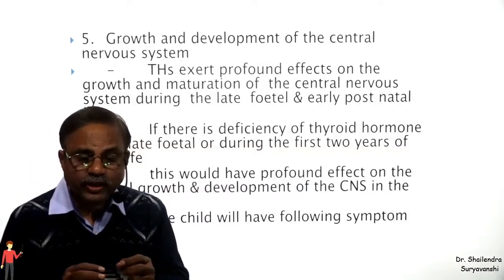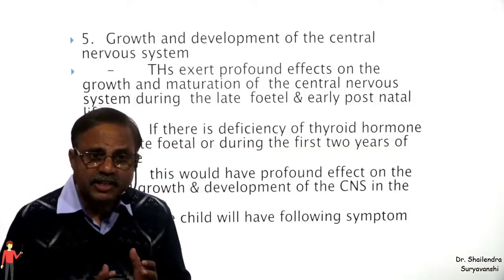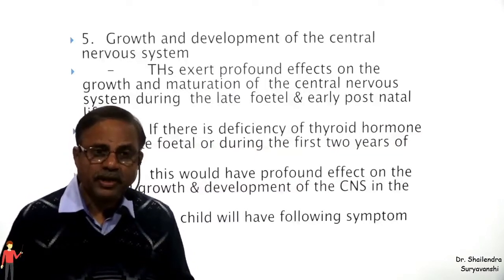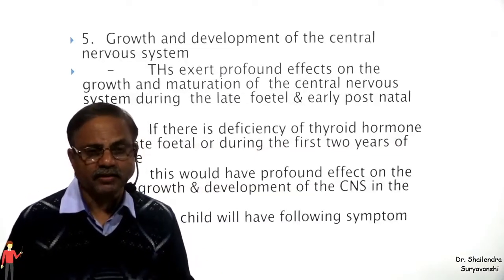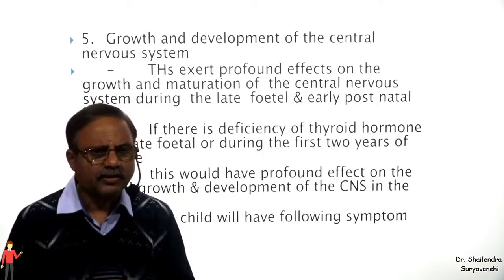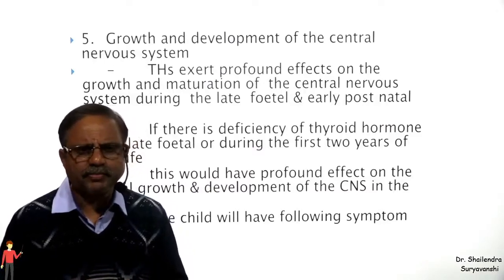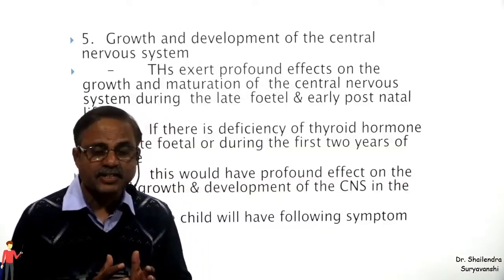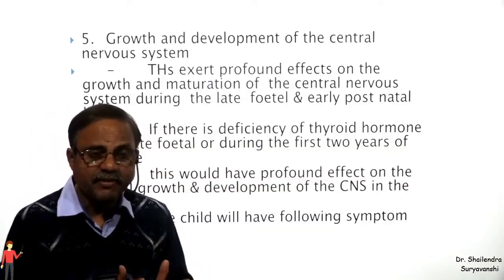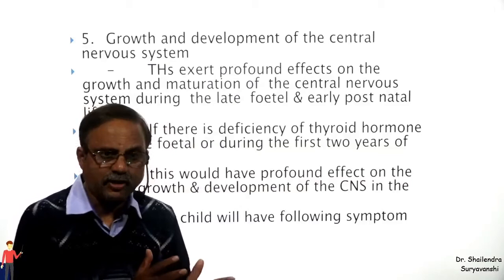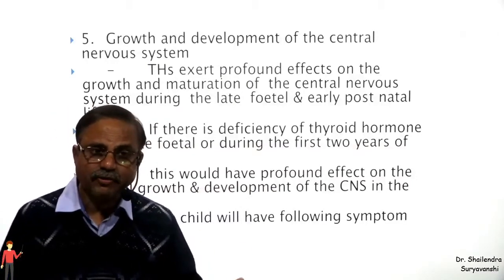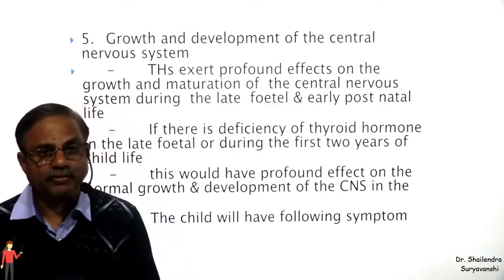And during this critical period, where does the child receive thyroxine from? When he is in the mother's womb, he receives it through the placenta from the mother. And during the early part of his life, he is breastfed, so he receives the thyroxine hormone from the mother's blood. So it is very essential that the mother herself gets a proper diet with a sufficient amount of iodine. If she is herself suffering from hypothyroidism, obviously the child will suffer.